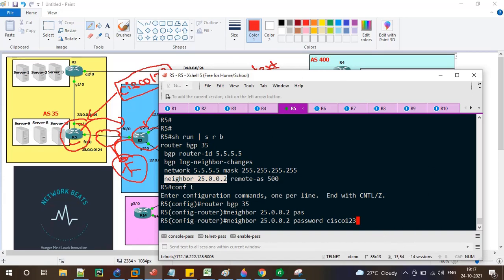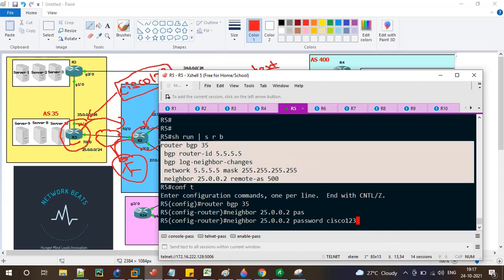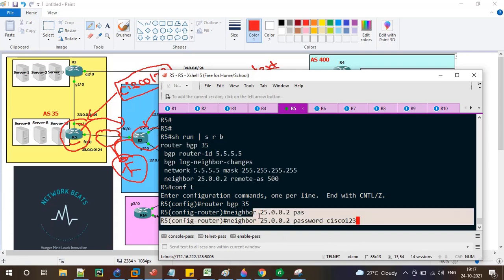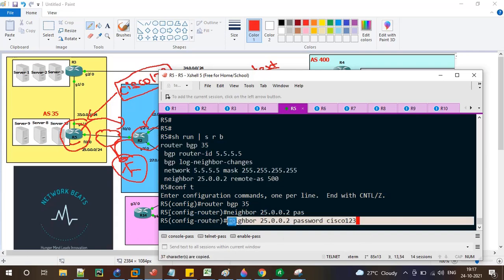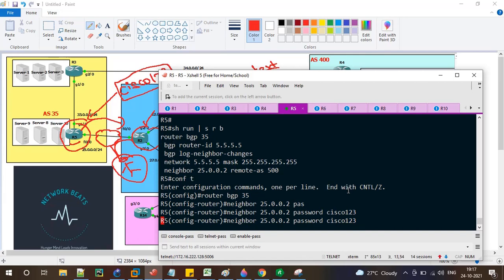Because till now I didn't have any authentication set for neighbor R2, but this command expects R2 to authenticate with R5 using the same password so that they can communicate securely. Until I do this configuration on R2, my neighborship will not come up.